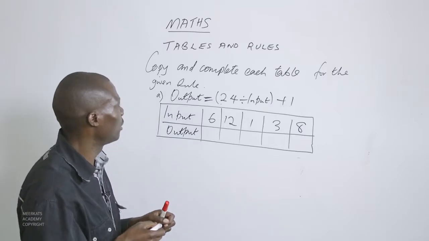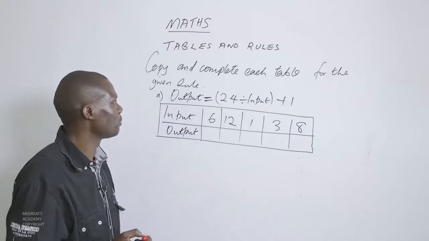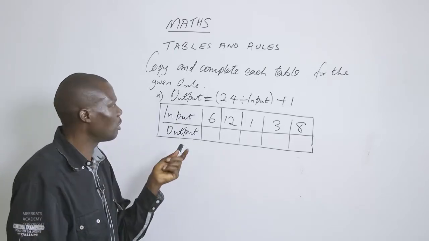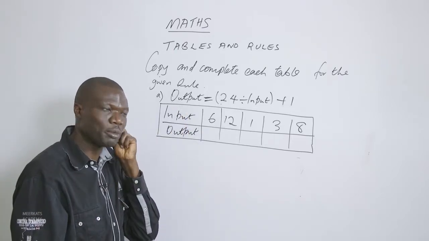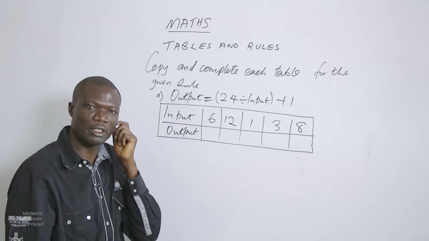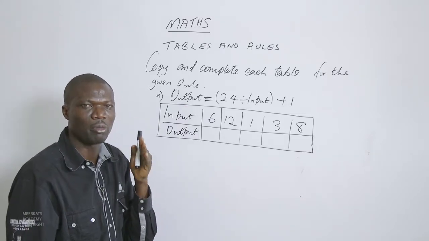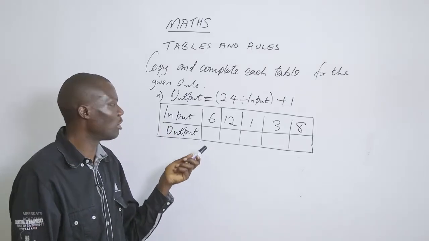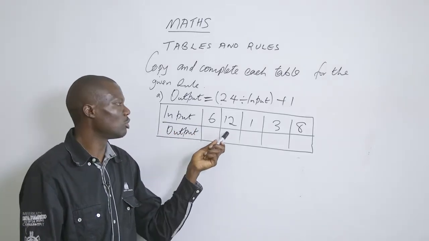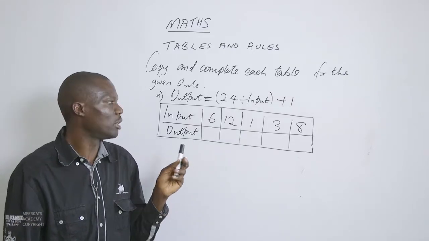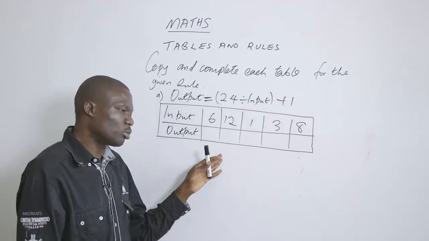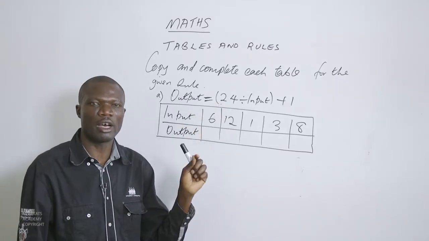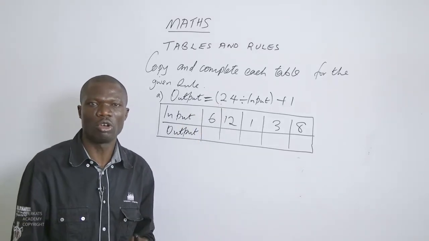Now we have a rule here that output is equal to 24 divided by the input, and then plus 1. The inputs we have are 6, 12, 1, 3, and 8. For the output, we don't have the values, but we want to use the rule to fill this table